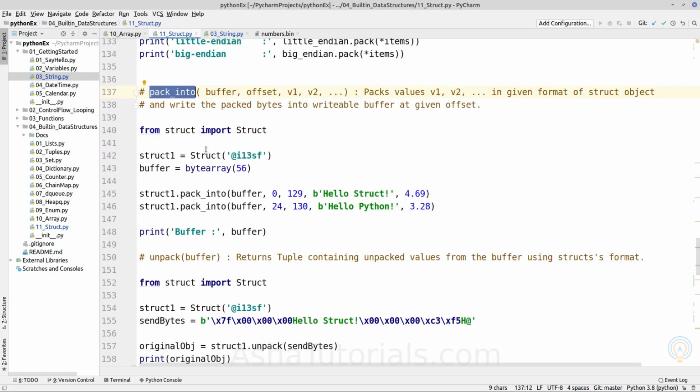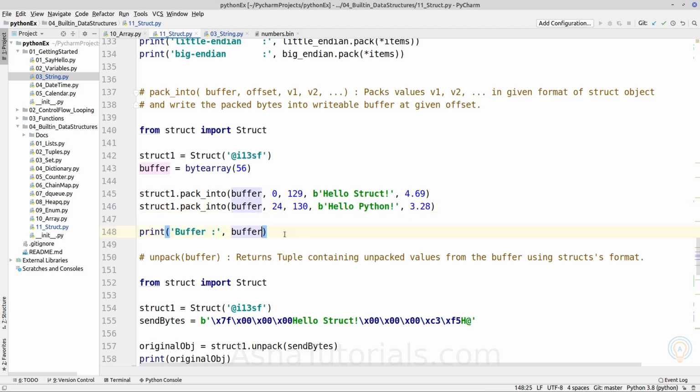We can use the same format and different Python objects to pack them into the same buffer. Here, first we are storing these objects at the beginning of the buffer, and we know it will take a size of 24 bytes. So from index 0 to 23 it will store the result of this pack, and beginning from index 24 it will store the result of this pack.